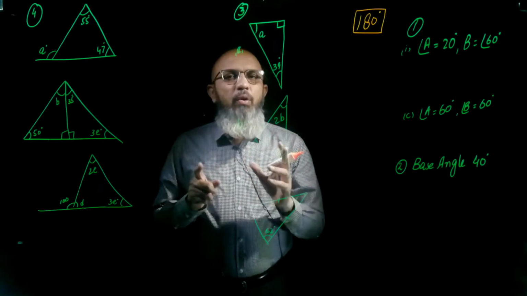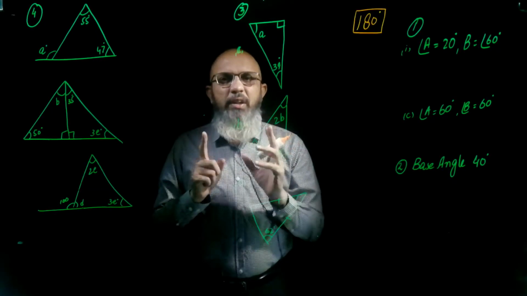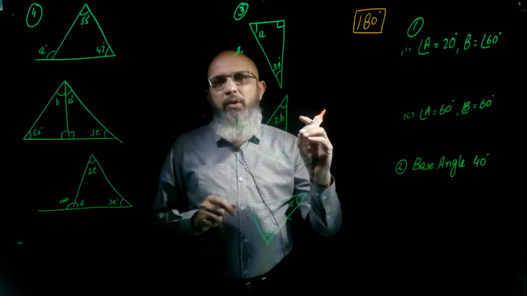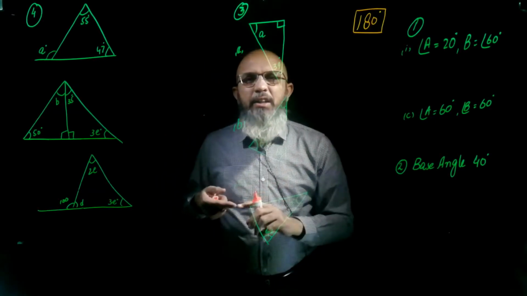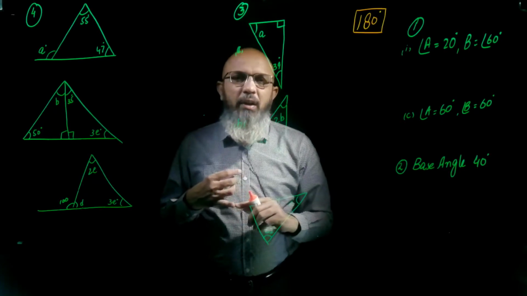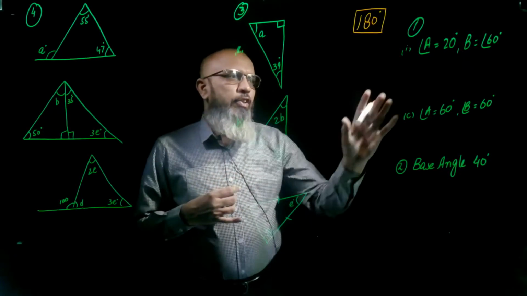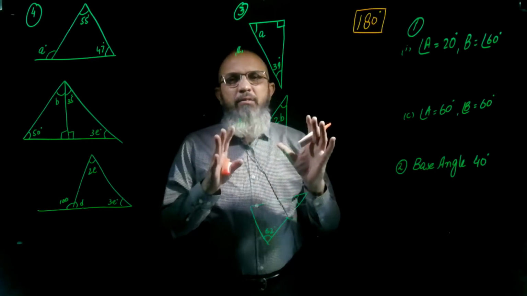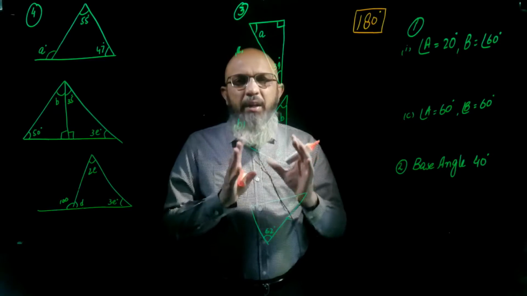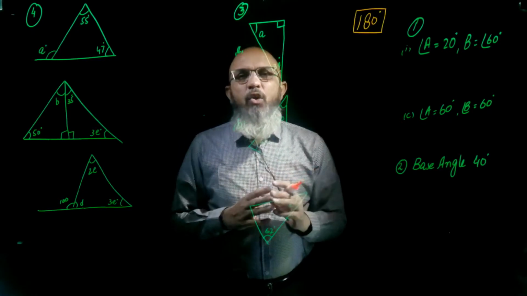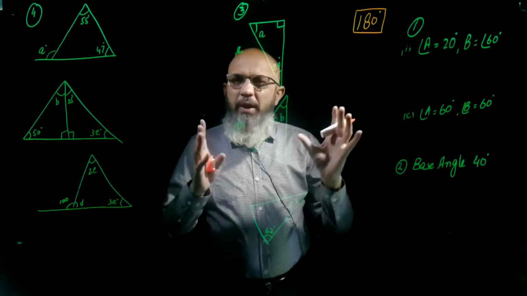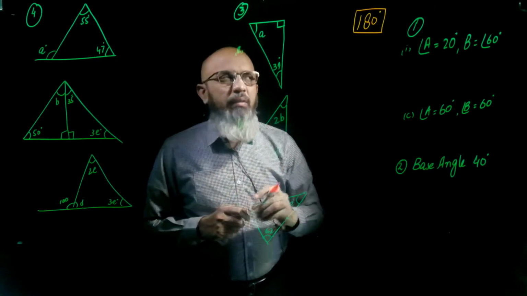Okay, and you know how many angles a triangle has? A triangle has 3 angles. And what are the 3 types of triangles with respect to angles? That is acute angle triangle, obtuse angle triangle and right angle triangle. So in question number 1 we have to find the unknown angle, and after finding the unknown angles we have to tell which type of triangle this is. It's very easy.